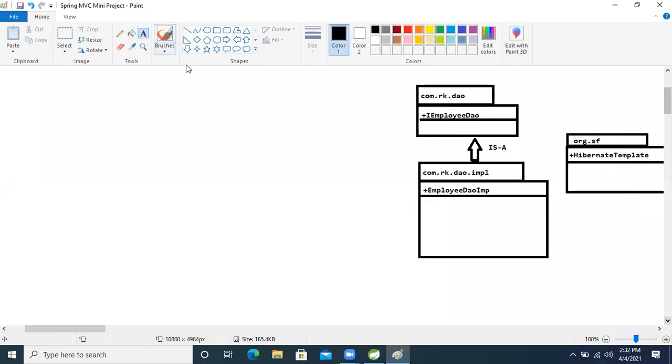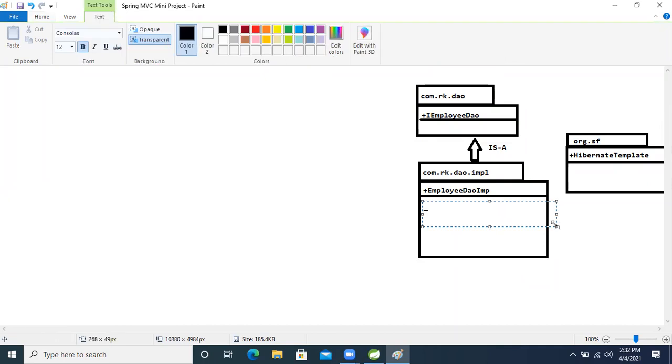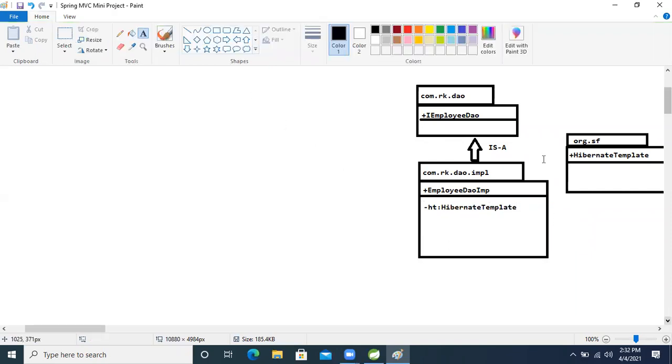So what attribute? Private HibernateTemplate HT. With this attribute we have made a has-a relation, because we are using Hibernate template as an attribute inside the class.